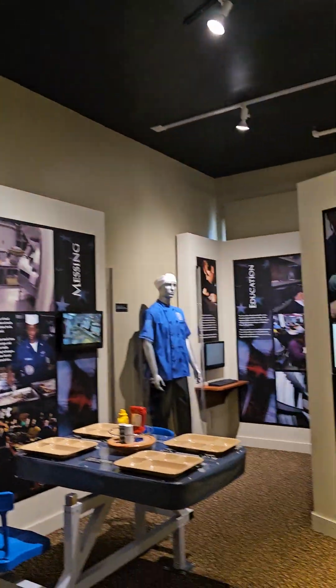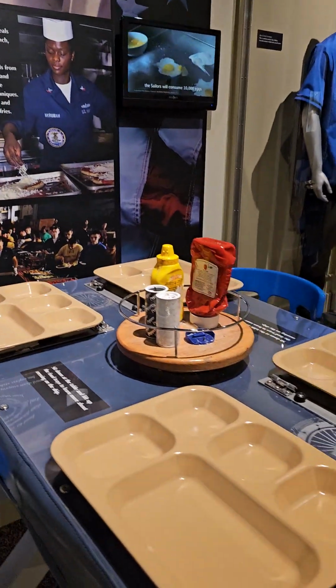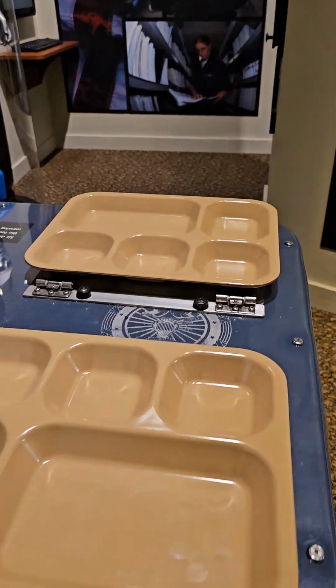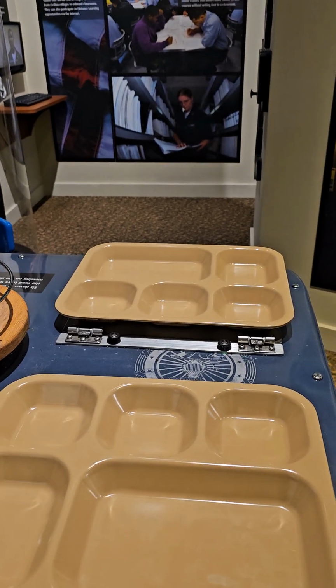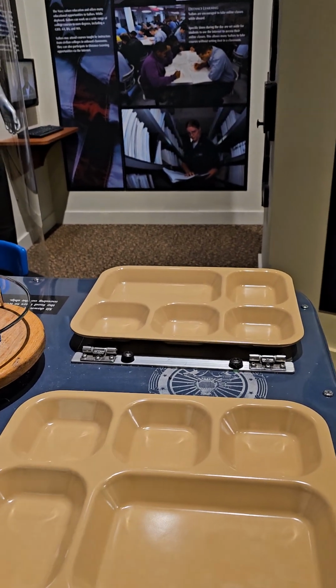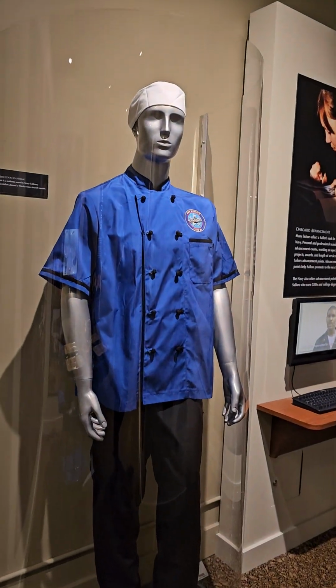So this is the ship's mess. I remember these trays. They almost always put your meat on the tray here, and then whatever vegetables or fruits you want in the other stuff. The difference is, if you see this,